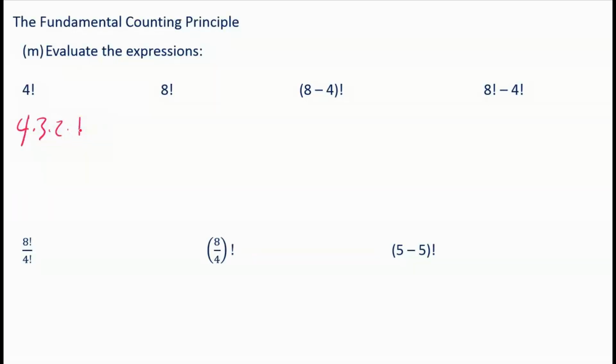We could even do that in our head. 4 times 3 is 12. 12 times 2 is 24. 24 times 1 is 24. So 4 factorial is 24. But 8 factorial is a lot bigger. 8 times 7 times 6 times 5 times 4 times 3 times 2 times 1. And that's just going to be a calculator situation. And I got